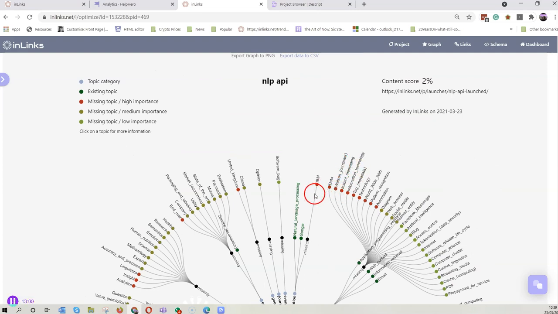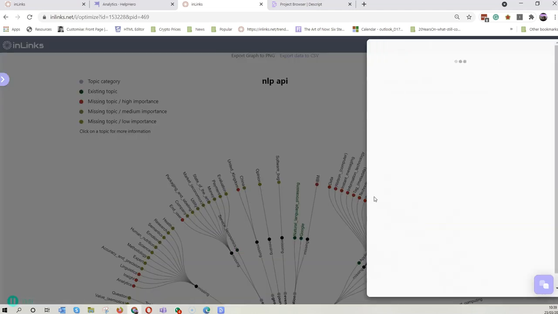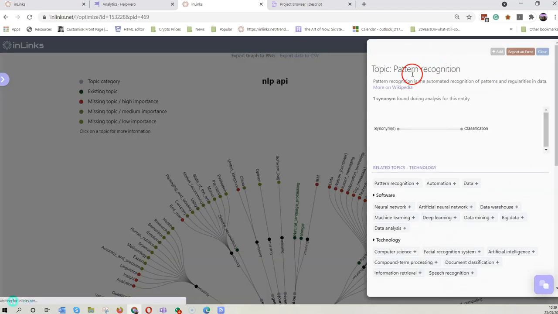I do, however, want to talk about possibly pattern recognition. So this might be very useful. I can click on pattern recognition, and again, I get the entity detail slide over, and so I want to talk about pattern recognition. That's great. You know what? Well, since I'm here, I'm also going to talk about machine learning as well,